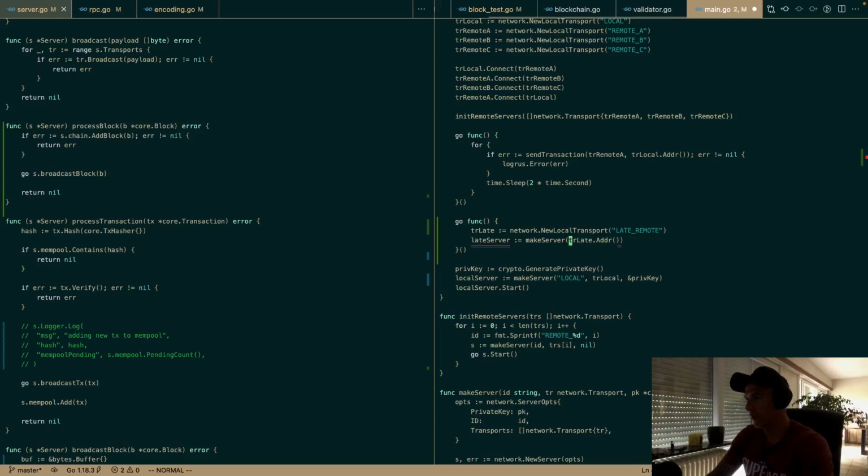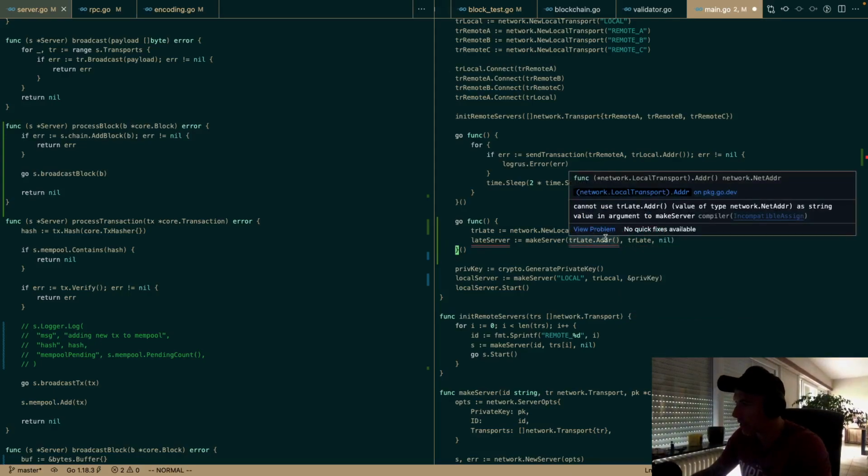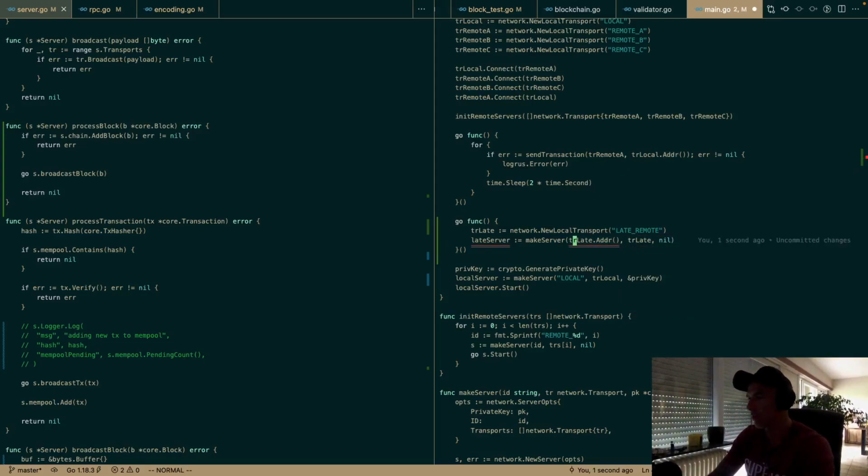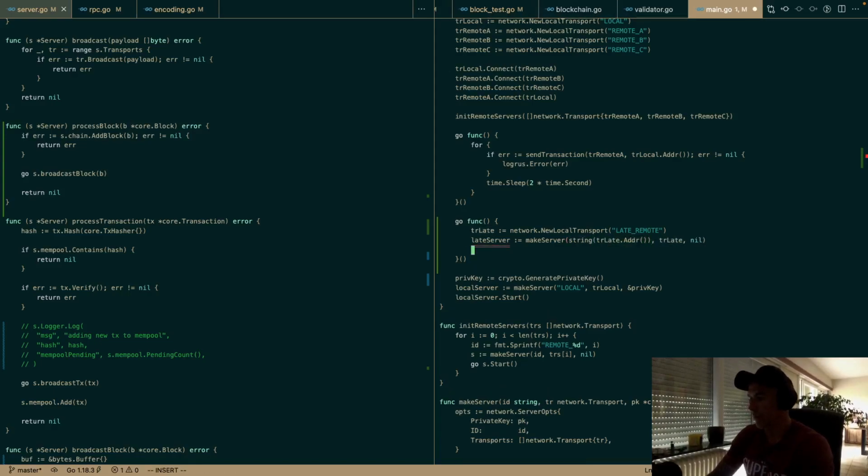I'm confused. This should work, and then what do we need? The tr late itself and a private key, which will be null. Well, what is this? Why? Oh. And then we say go late server